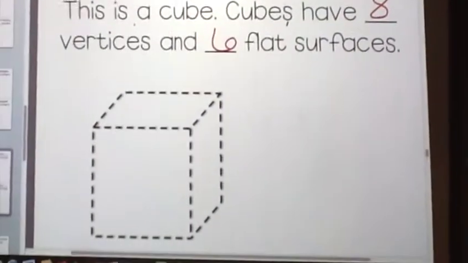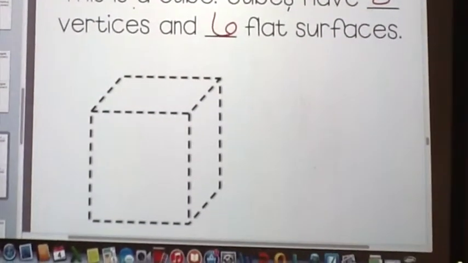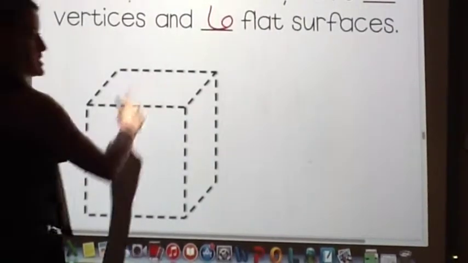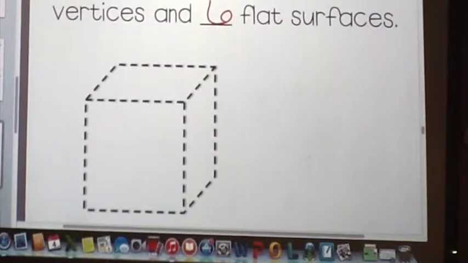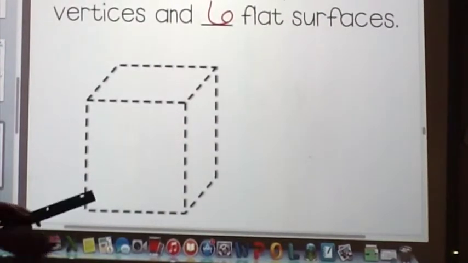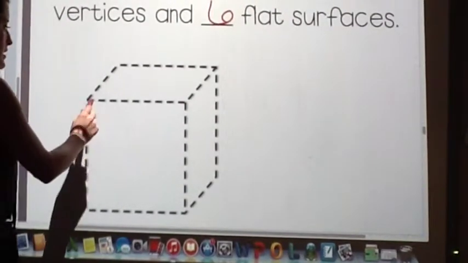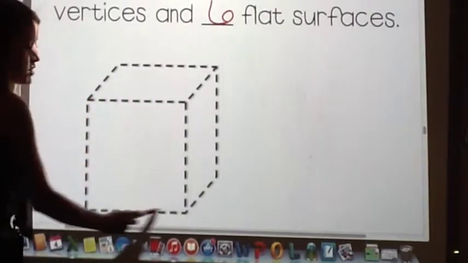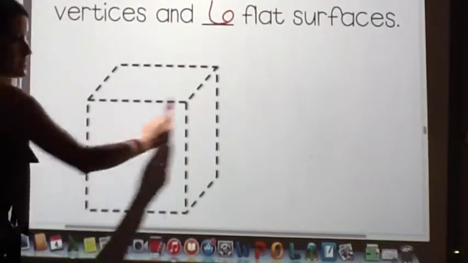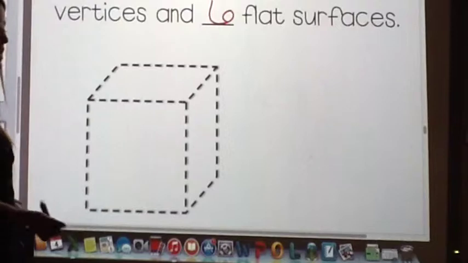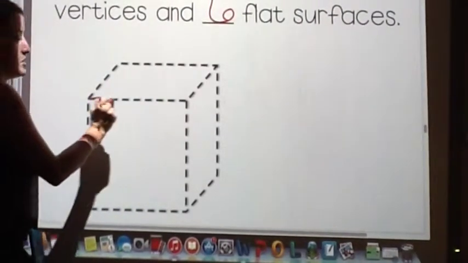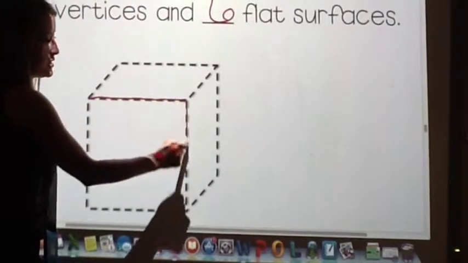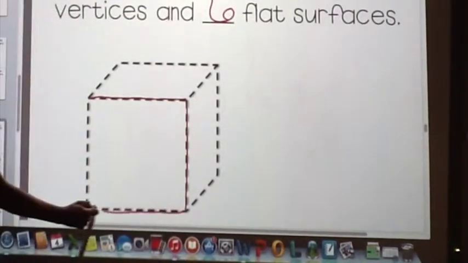All right, these are going to be a little bit tougher to draw because you can't see what's behind this cube. So let's just do our best to freehand these cubes. The first thing I want you to do is that we're going to draw this flat surface right here. This flat surface is a regular square that we're pretty used to drawing. So start right here at the top of your square, draw your line across, going down, across the bottom, and